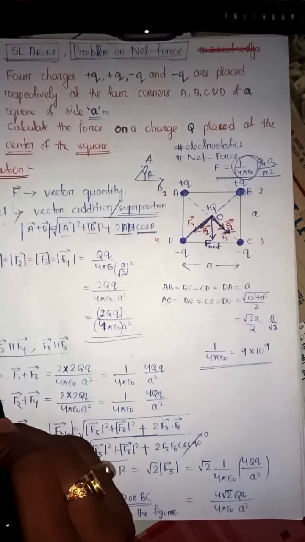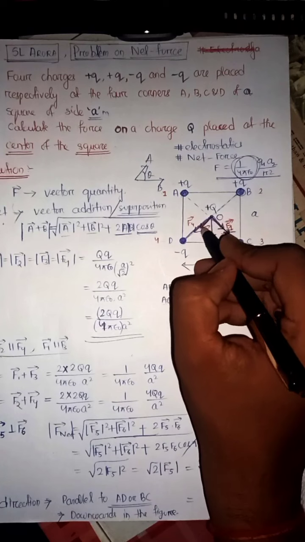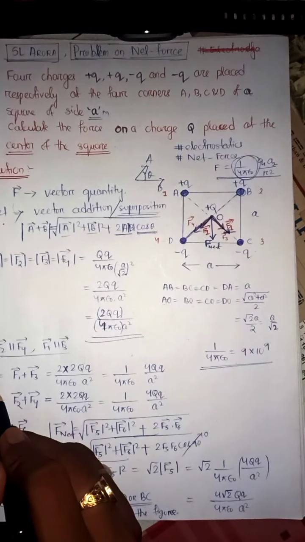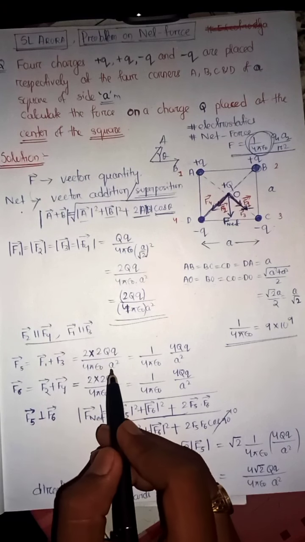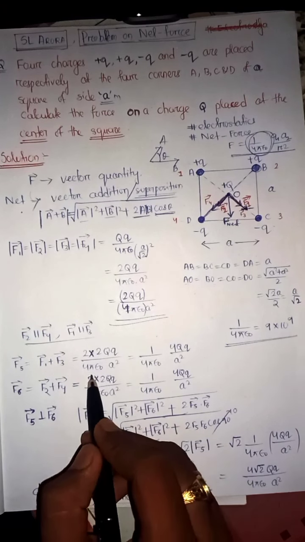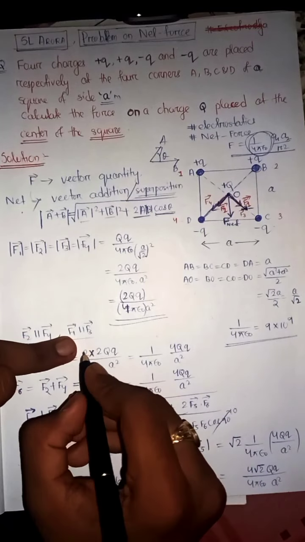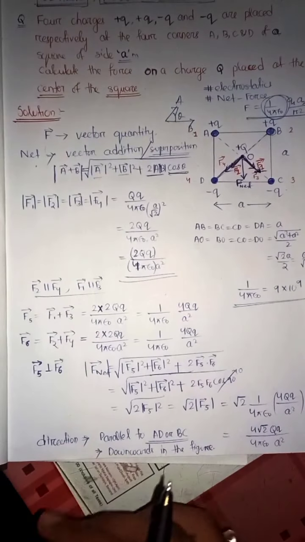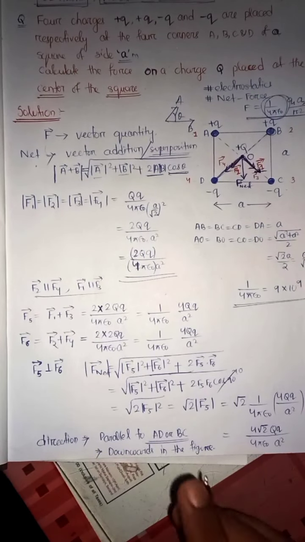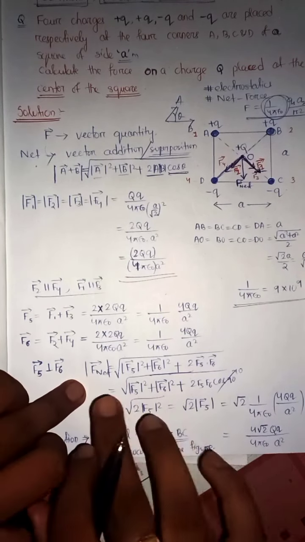So first, let us denote the net vector of F1 and F3 as F5, and of F2 and F4 as F6. So F5 will be F1 plus F3, simply added because they are parallel. I said that, so you can simply add. Simply add means all are having the same magnitude, so we'll only multiply by 2. Like that, you can find F6. Okay. And as I said, if they are perpendicular, the net will be, I have not derived it,